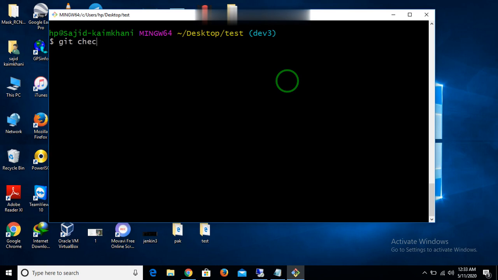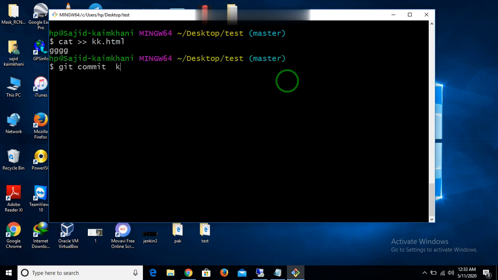So for that you first have to come to the master branch, and in the master branch you change something in the code, like let's suppose echo egg and git commit, then KK minus m V1. Another change is like HHH, V2. So my master branch has been changed, but now we want to copy all the data from master to the dev branch.